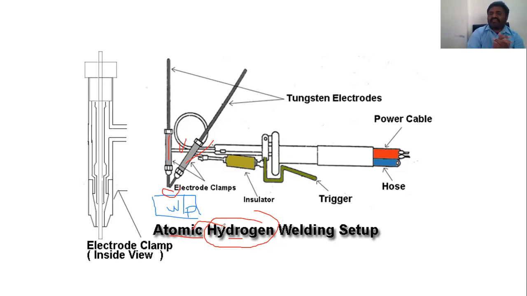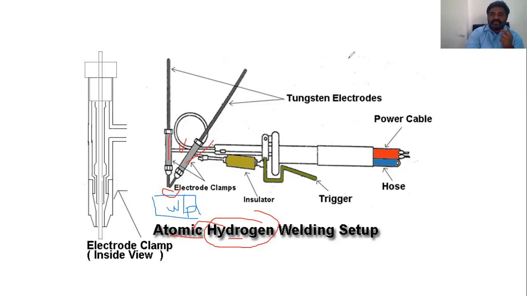The very important advantage is that it gives a clean weld with excellent quality here. As for the application, it is used for joining steel with light alloys, which gives a very clean weld and excellent quality. But one drawback is that we can't use it for welding aluminum, copper and their alloys.